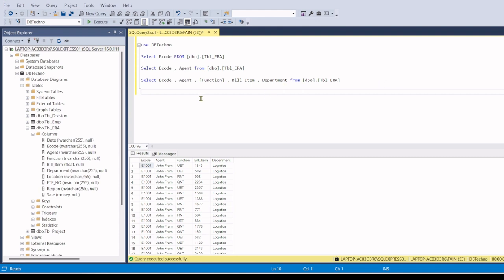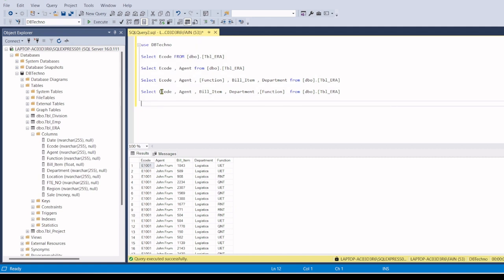There is no such order. If you want to change the order of this select statement, we can do this also. Maybe I want these columns at the beginning, right, and function name at the last. Make sure that after your last column name we are not using a comma, right? We will only use comma between two columns. So once you have written down all the column names, do not try to use a comma. Now you can select this statement and click on execute,